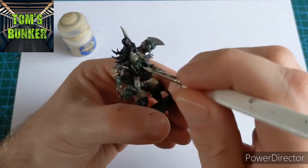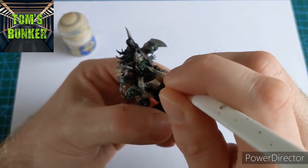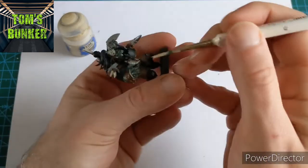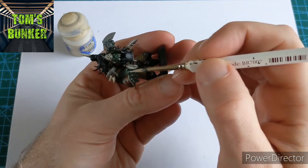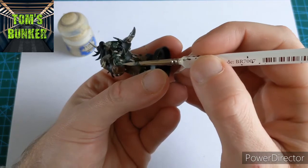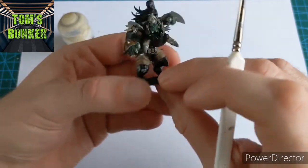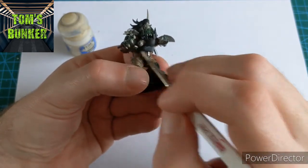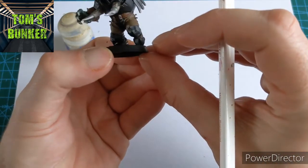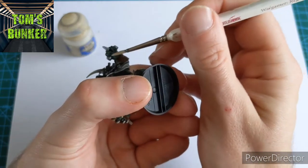Varag himself has teeth, don't forget those. Dead easy at the minute, it's just picking them out like that. He has nails. Thumbnail. Just going through the whole miniature. He has a clenched fist, but there's still nails on there. Do you see what I mean? So under here,